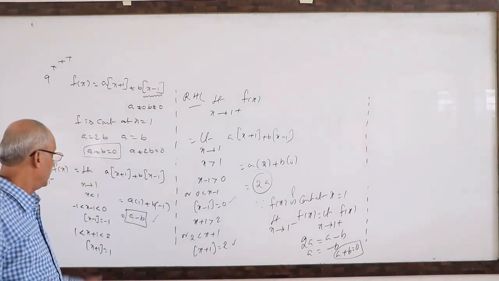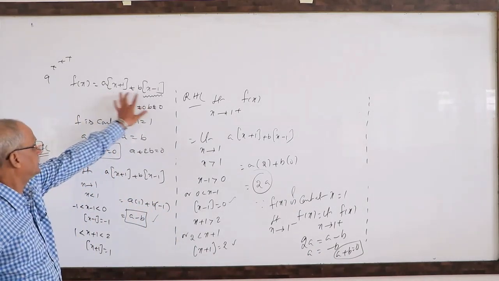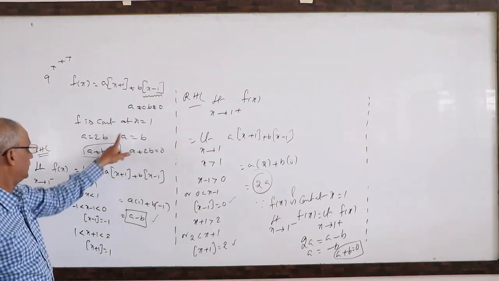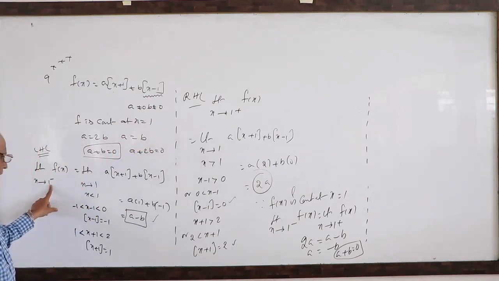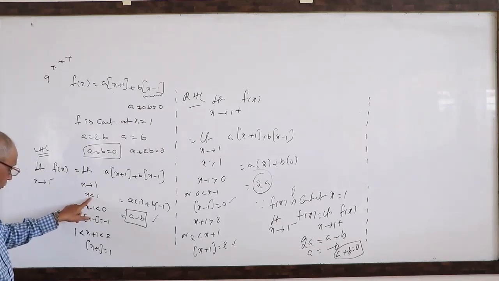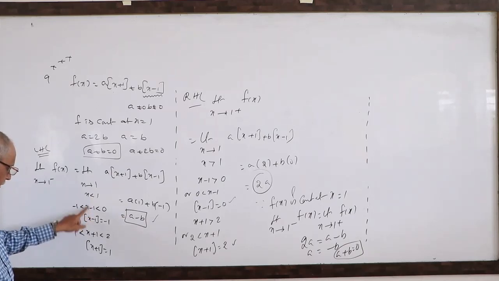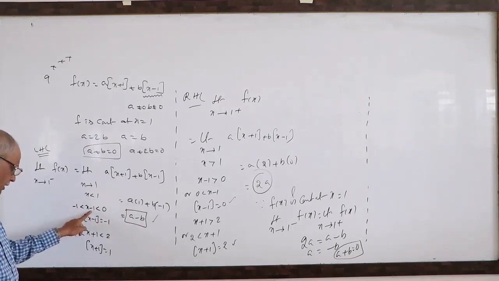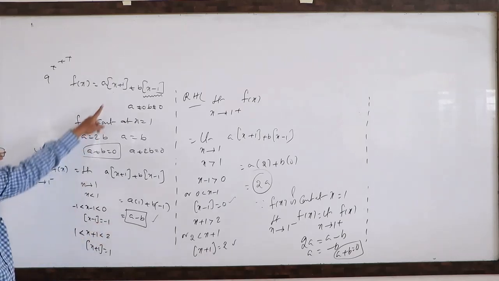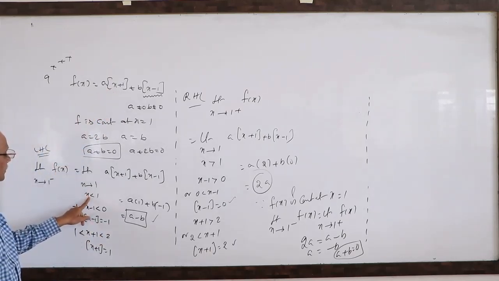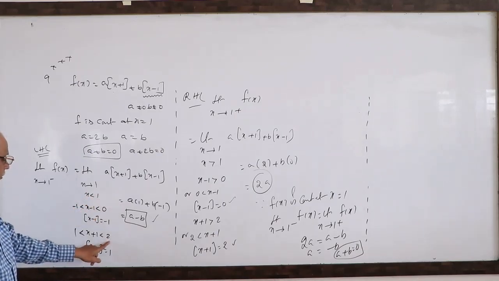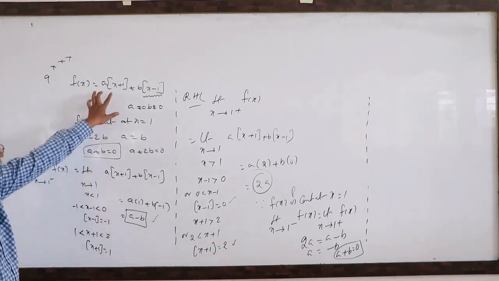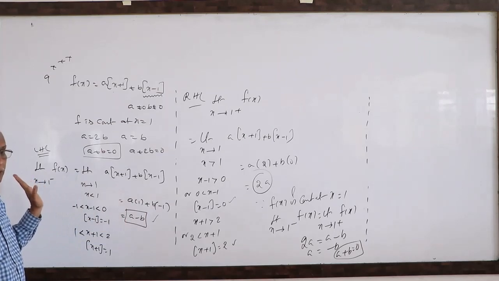See, here the greatest integer function is given differently. They gave that it is continuous at 1. We will consider the left limit. Using this, you have to find the step value of x minus 1. Take 1 here, negative, 0. Immediately to the left of 0, what is the next integer? Minus 1. In this, what is the step value? Minus 1. Again plus 1 we want. Adding 1 here, x plus 1 less than 1 plus 1. Here 2 means it must be the continuous integer 1. For this, what is the step value? 1. So a into 1, a minus b.